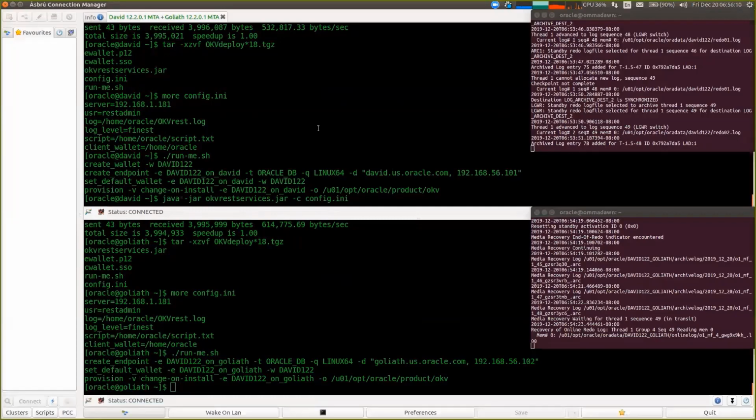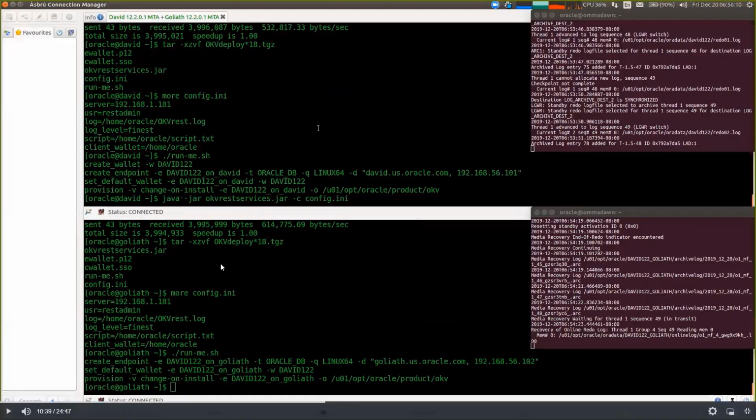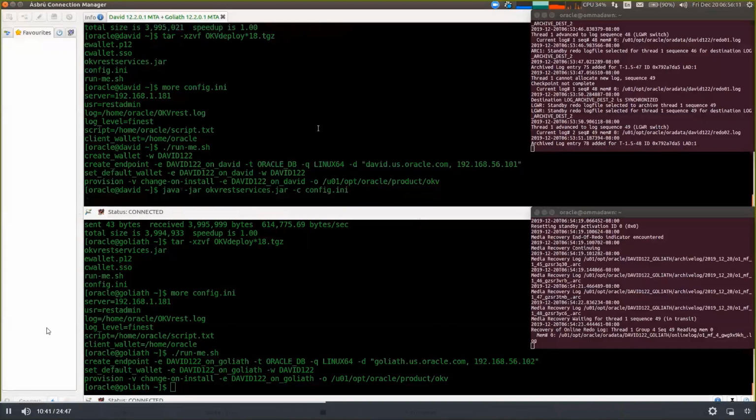What we do is the set default wallet command on the standby database associates that second endpoint with the same wallet, which means primary and standby database have access to the same keys that are stored in that wallet. And then we do a provision command on the standby database, and that installs the OKV client. So now we can go ahead and run the OKV RESTful service on the primary first, because we need to